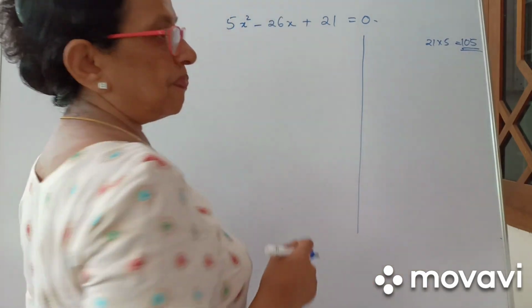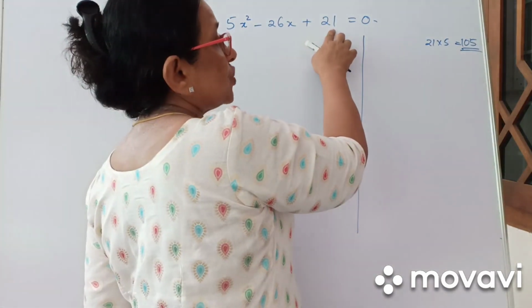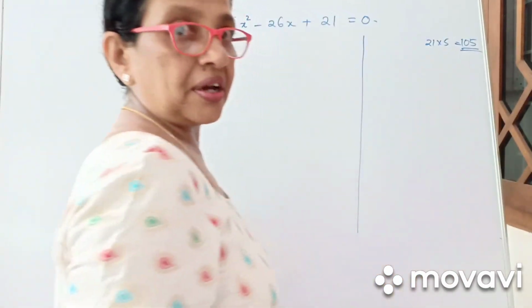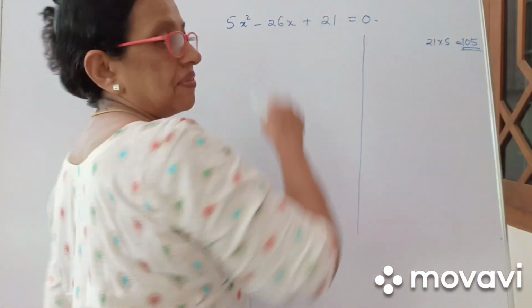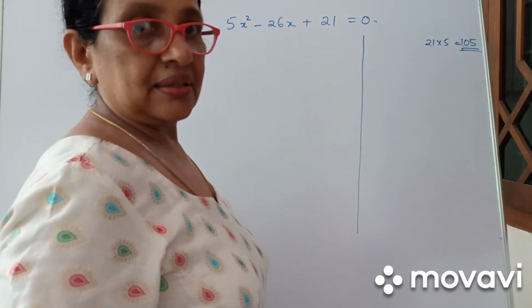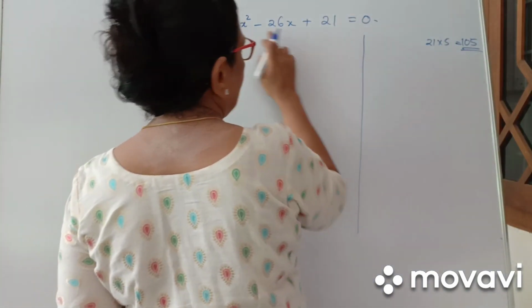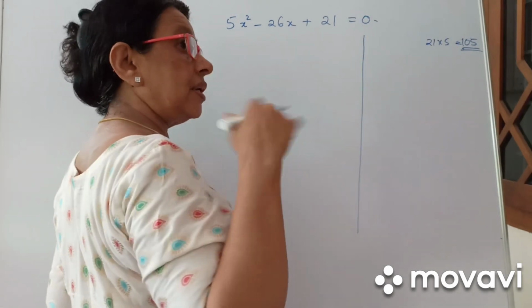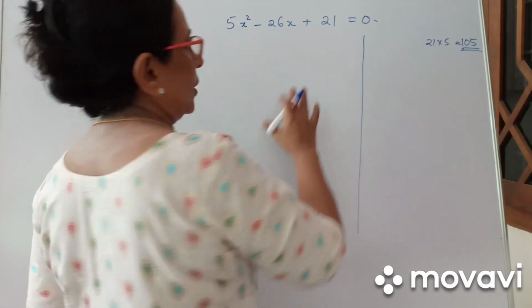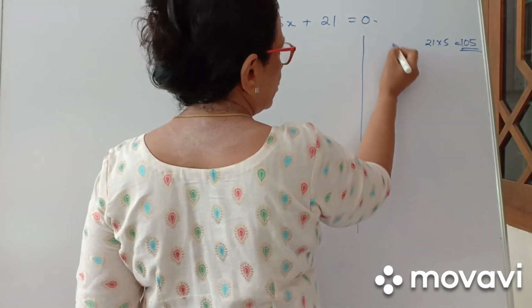Now instead of finding two numbers whose product is 21, you have to find two numbers whose product is 105 here, because you have to multiply this 5 with 21. Remember, we have learned this in 9th, polynomials, factorize. Now what we are going to do? See, the middle number is negative, so you know both the roots finally will be positive. Here the factors will be negative. So find out two numbers